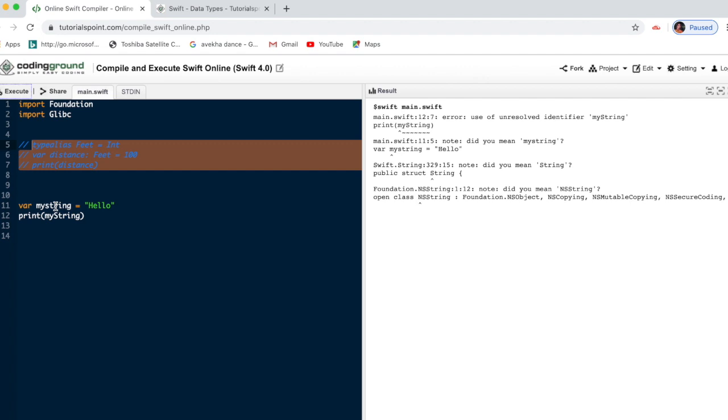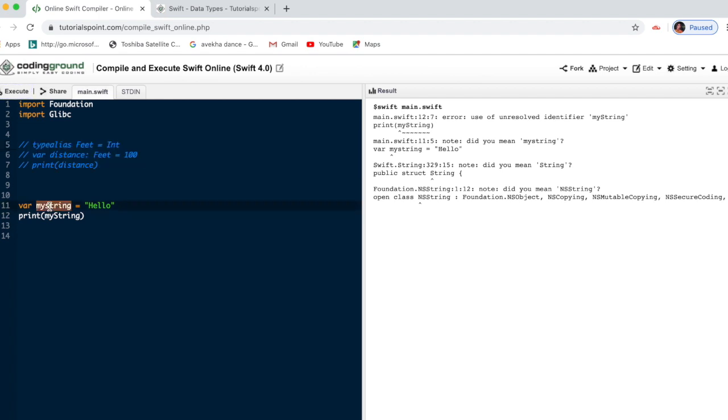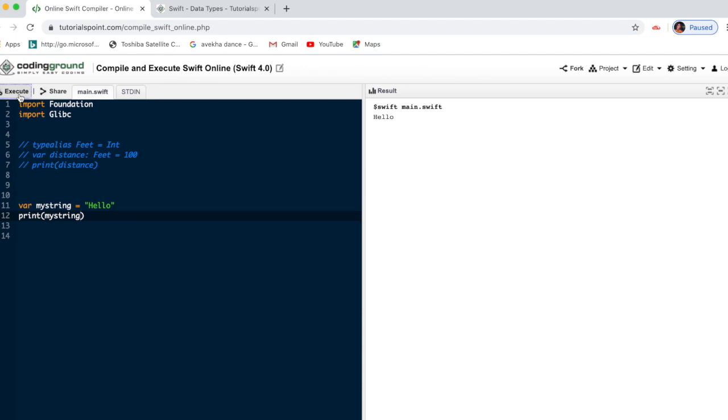Say what is the error. One of the things I need to mention is that if I give a name, here I have given a small s and here a capital S, then it will result in an error. So we must be correct here. See, this is the hello.